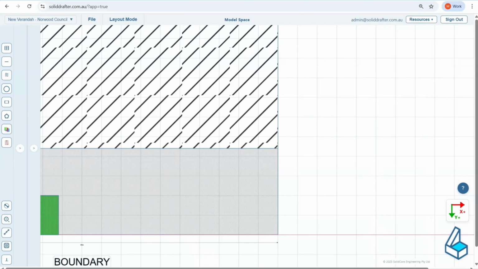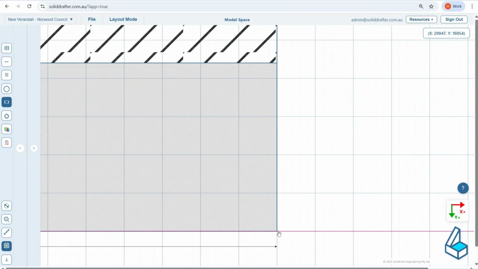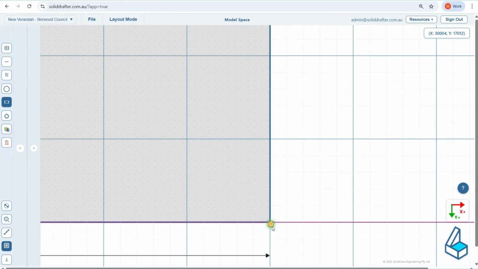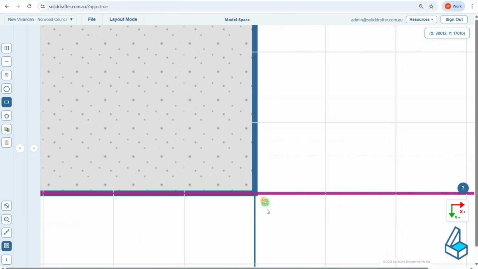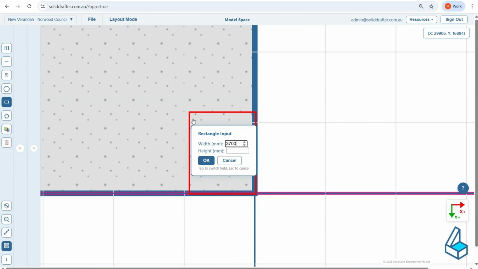In the previous tutorial, we completed the site plan model showing both existing and proposed layouts. Today, I'm going to show you exactly how to create professional, council-ready PDF exports using layout mode, the same export process SolidCore Engineering uses for hundreds of successful development applications across Australia. By the end of this tutorial, you'll transform your model space drawings into quality PDFs that meet every council's submission